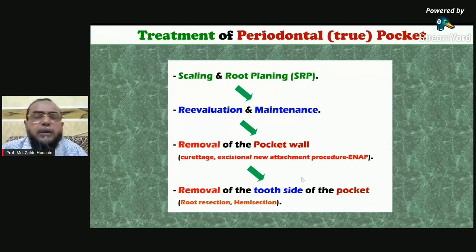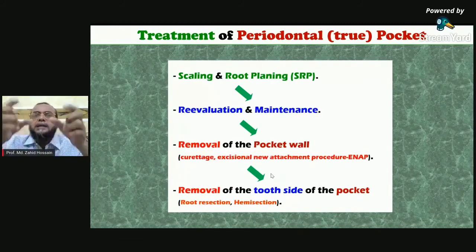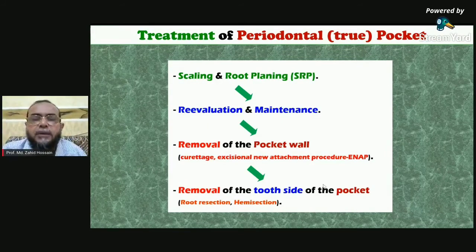If it is still not solved, still a pocket more than 5 millimeter, then we have to go for surgery. Or sometimes with a deeper pocket, maybe in a multi-rooted tooth, one root can be extracted or resected, or for the lower molars you can make a hemisection, we can make bicuspidization. Okay, I mean, if you see the pockets are furcation involved and we cannot treat them well, we can make it two parts of the tooth, and then every root becomes a single bicuspid, I mean premolar. So there are a lot of ways we can save the tooth. By root resection or hemisection, we can save the tooth.